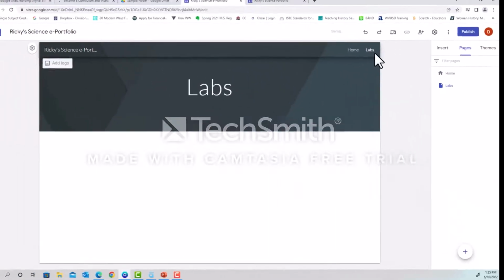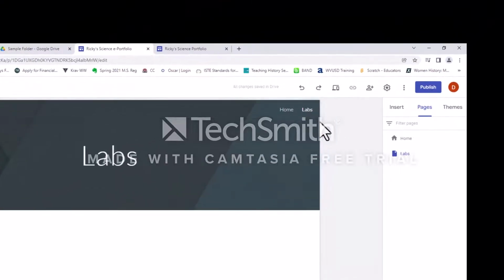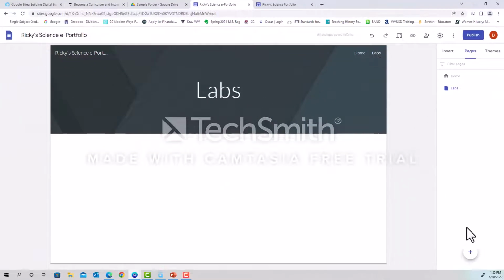So as you can see, every single page that we add goes on top of the ribbon right above. So far we have Home, Labs. Let's think of another category. So once again, we're going to go down to New Page. How about something as simple as